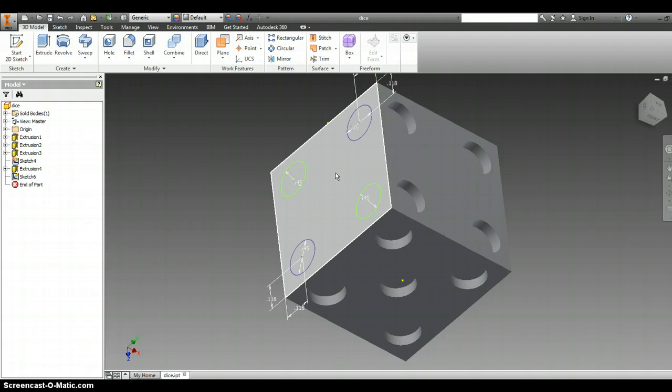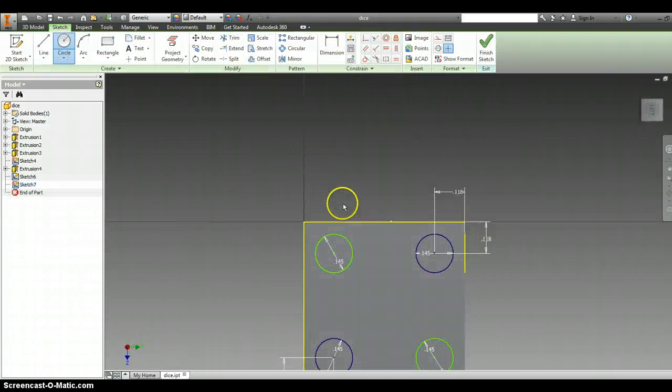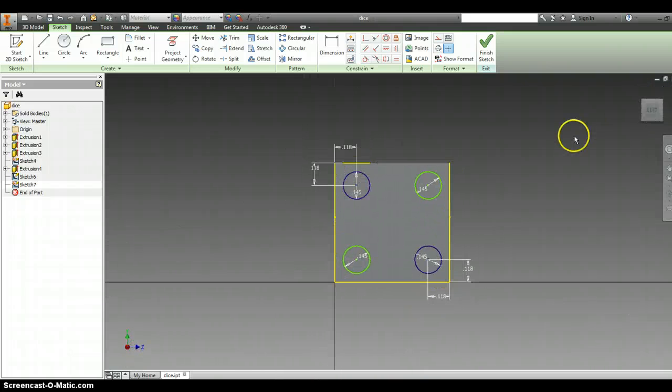Really, you should always make this in the same sketch, but I'm going to show you what happens if I accidentally make circles in a different sketch. So I'm going to do a new sketch. I'm going to turn this so it's the right direction again. I am going to click on circle. I'm going to find the very center, and then I'm going to find,